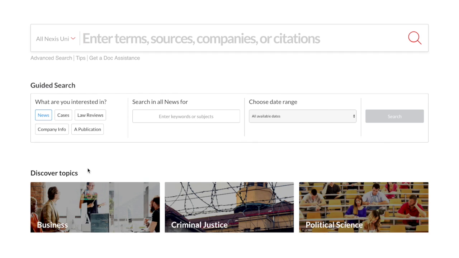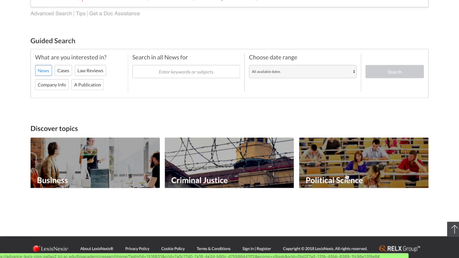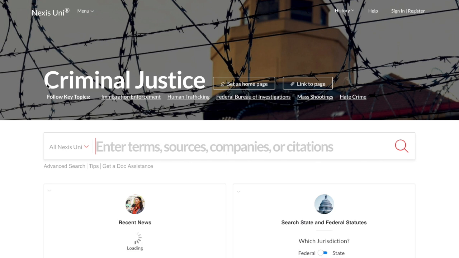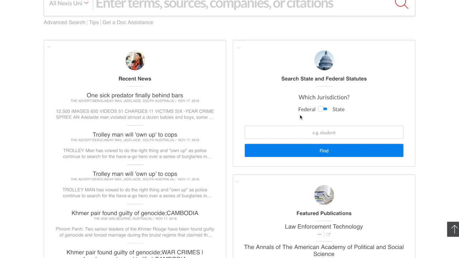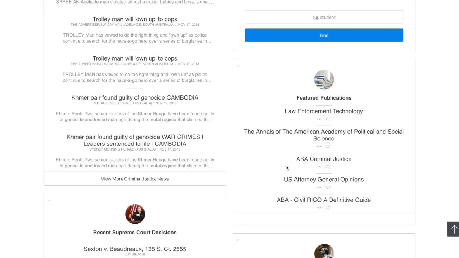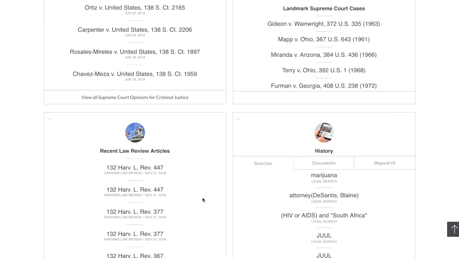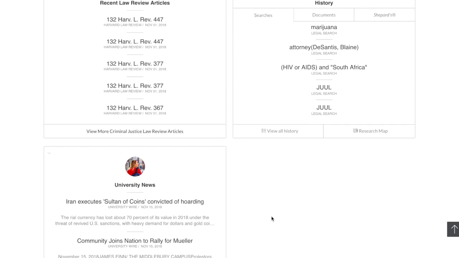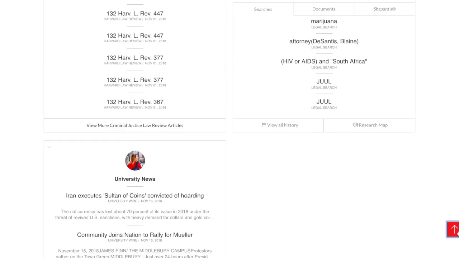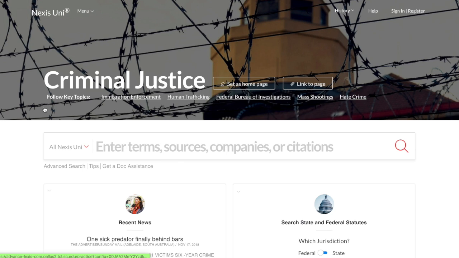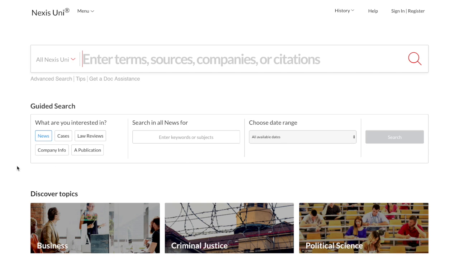And we can go back and we can do this for criminal justice and political science. And they look very similar. They'll have different key topics, but the same concept. Key topics, different little windows that are specific to these subject areas. And this is great for people, majors in this area who want to stay up to date on what is going on. And one last thing I do want to point out is this little menu area,